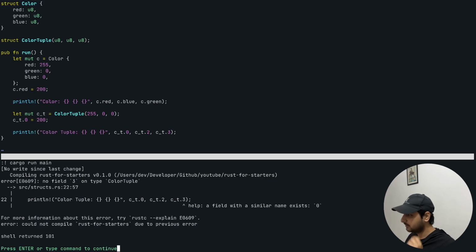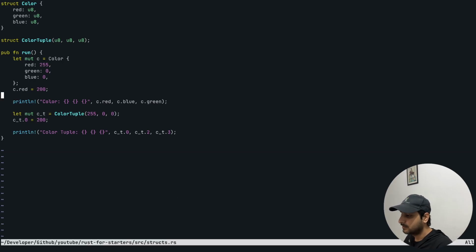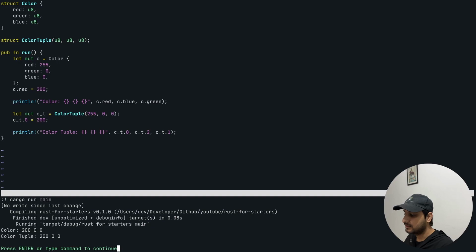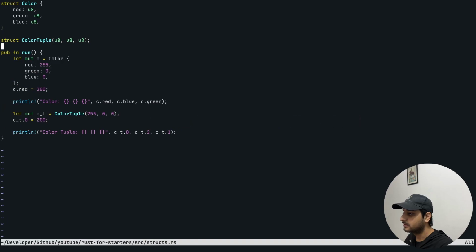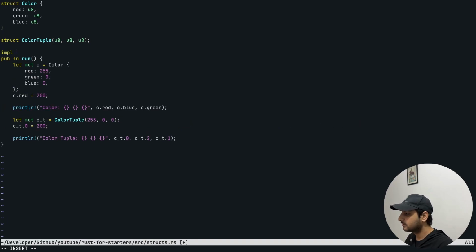In color tuple, I think I forgot something. Yeah, it should not be 3, it should be 1. Let's just run it again. And we got the same values in both the cases. So let me just show you the third way,